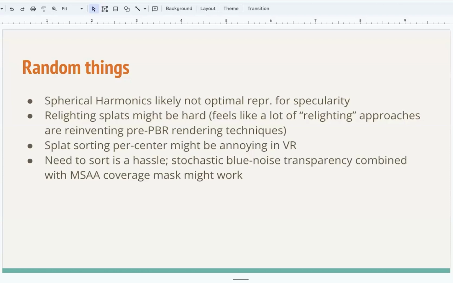And so some people have played around with the idea of not sorting at all, and instead using stochastic transparency techniques that then don't require sorting, but they introduce some sort of noise into the resulting image. I haven't followed closely whether anyone got really good results out of that, but this is an area that someone should definitely look into, or invent a way of not sorting everything, at least every frame, and some sort of incremental sorting, or I don't know.